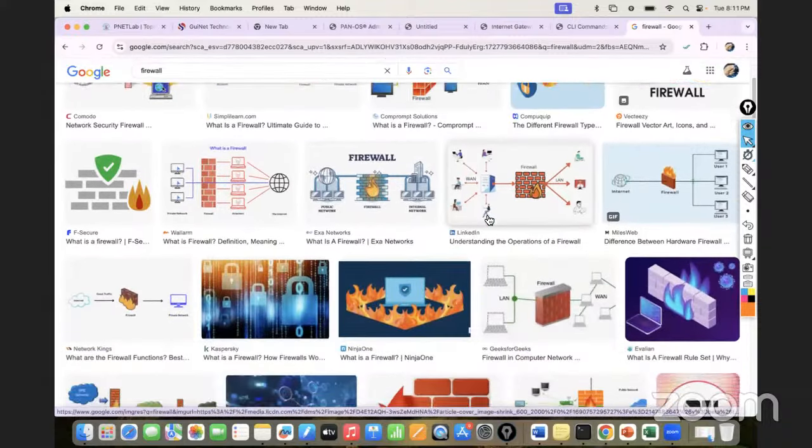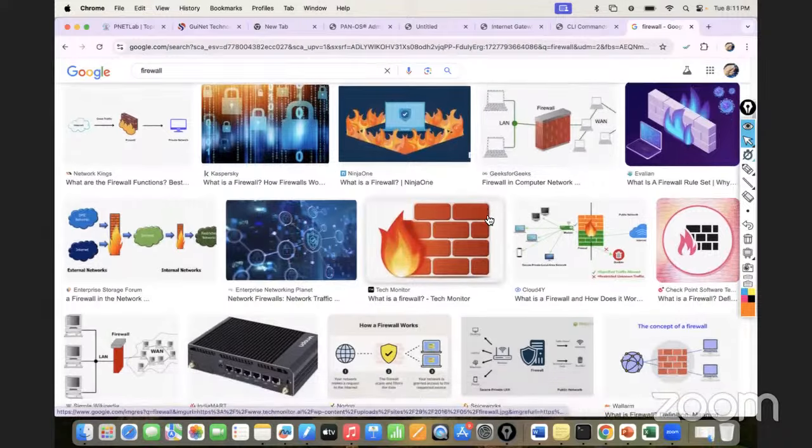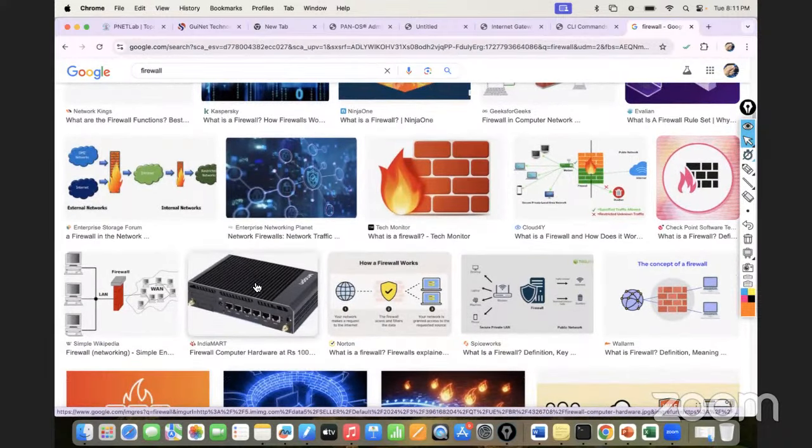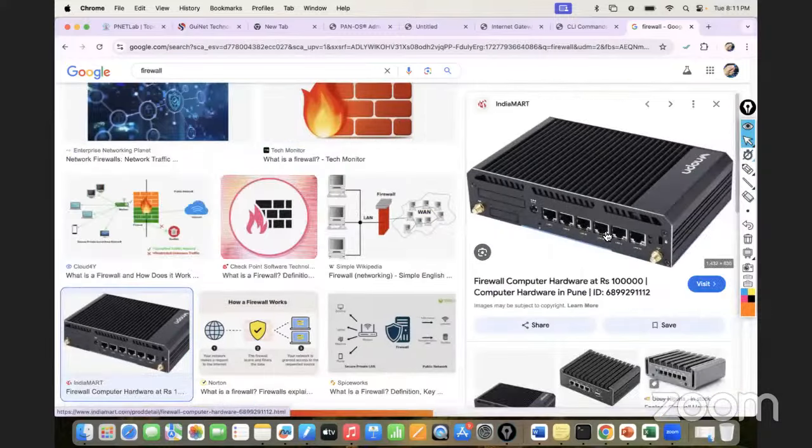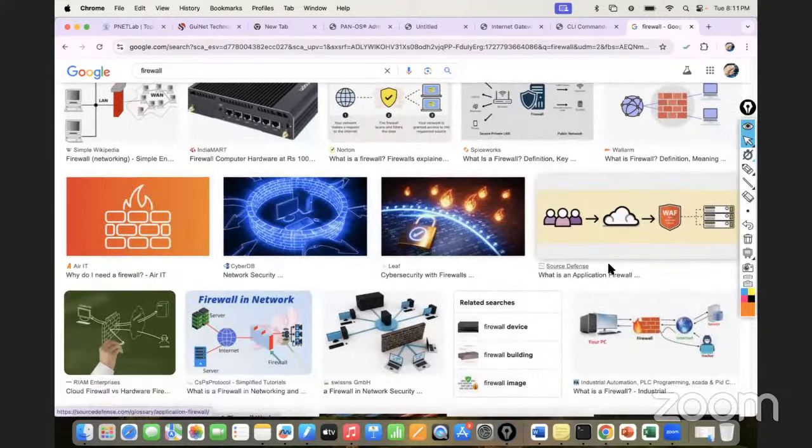You can see a lot of network diagrams here, but for the actual firewall you might find this one. See, this is one of the firewalls, a hardware device for a firewall. You can see some computer hardware. I don't know what brand this is, but at least we have something to see here, right? If I scroll a little bit down, still